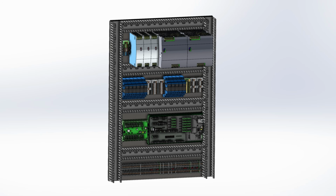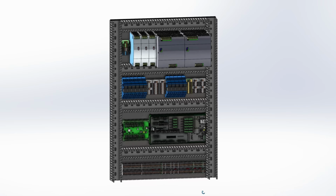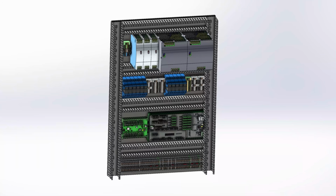So I have the PSUs on top, then the 24-volt distribution and the relays, then the CNC controller itself, and finally a row of terminal blocks for the connection to the machine. I always connect the wires from the CNC router directly into the controller, routing the cables through cable glands in the cabinet wall. I just don't see the benefit of added cost and effort for connectors, since this combo will